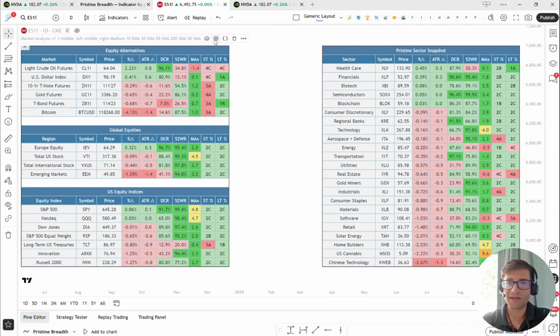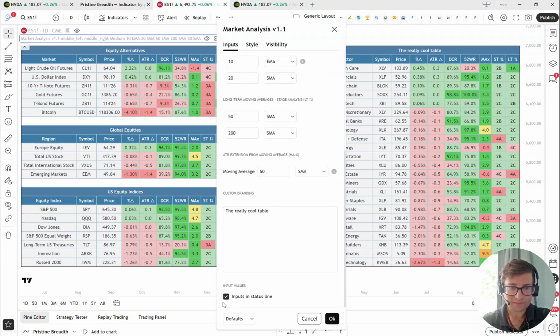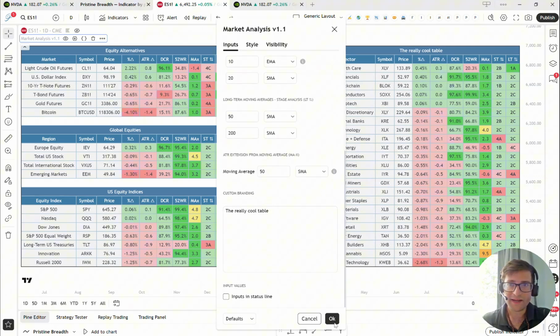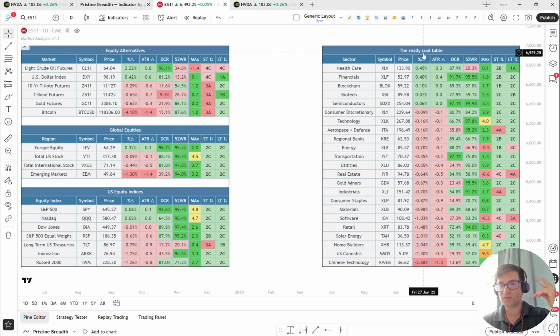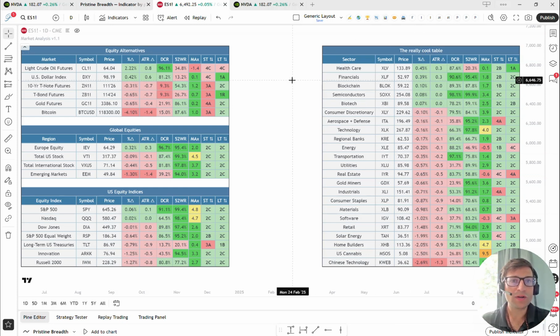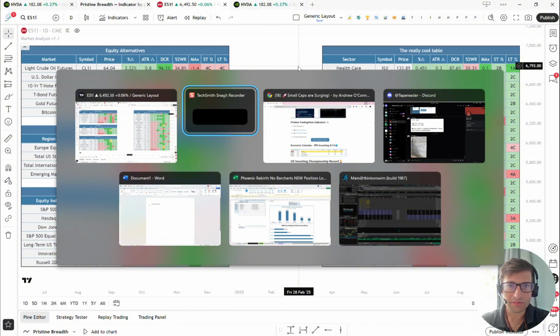I'm also going to make one adjustment. Inputs and status line. I'm going to uncheck that. And you can see now it says the really cool table. Now keep in mind we have two other indicators, but those indicators are free. So if you wanted to access those, you could jump right over to